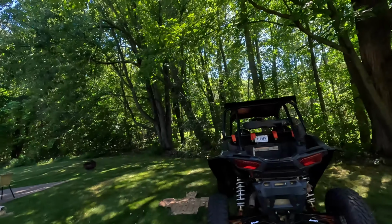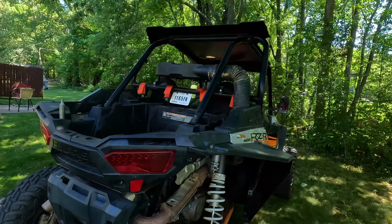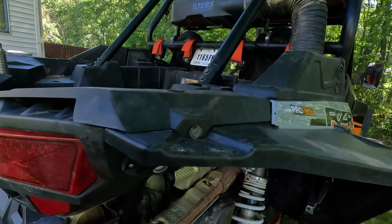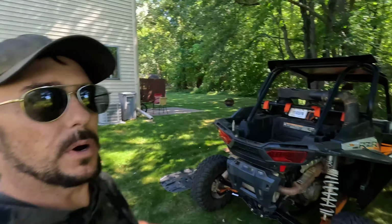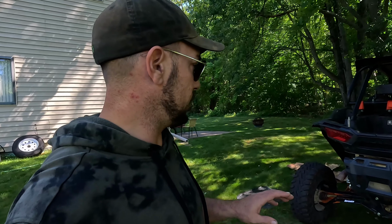Alright guys, so this is the next day. As you can see, I'm not in the garage, I'm walking out in the yard because boom, there is Brutis. Brutis is officially up and running. Now, we did have to change a couple things or make an exhaust gasket and some other stuff, but we didn't want to wait. We did have one on order, so we just made one, and no exhaust leak, no